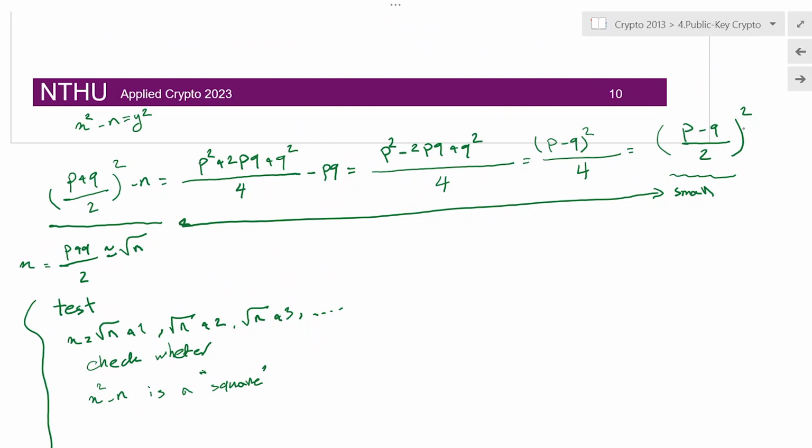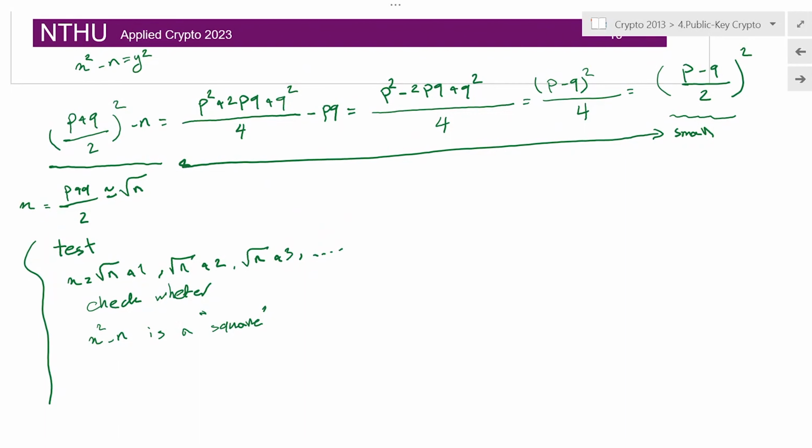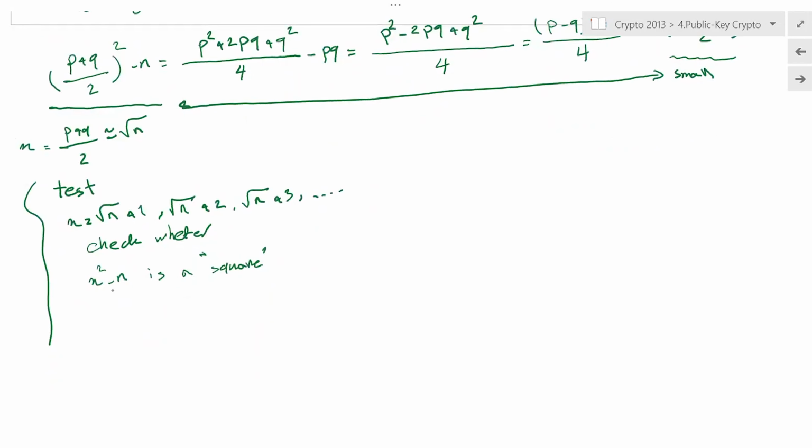So if whatever x I get, I raise x to the power 2 minus n, and the result is a square,